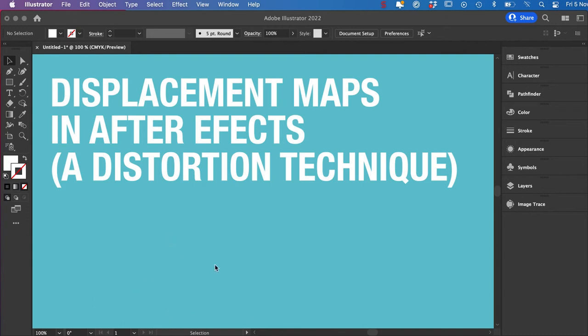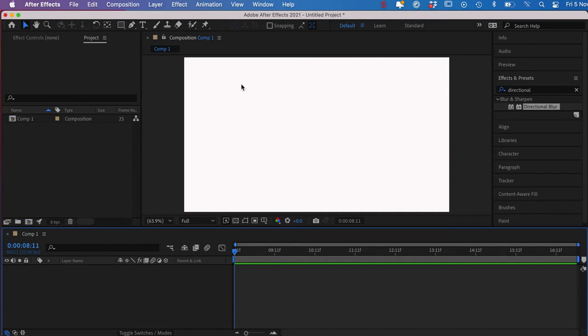This video is going to be about a technique called displacement mapping. So it's using an image in grayscale to distort something else. So if we jump into After Effects, I've made up a composition, and the first thing I'm going to do